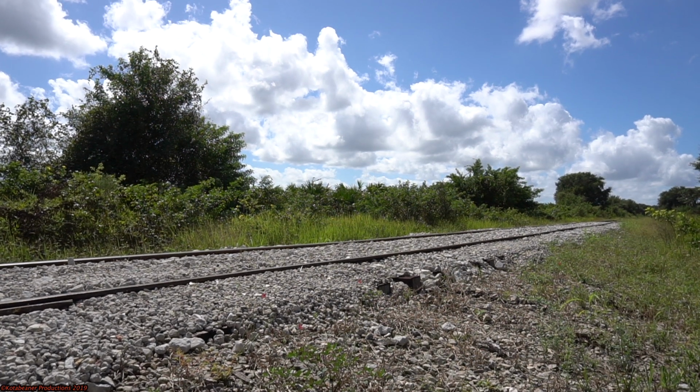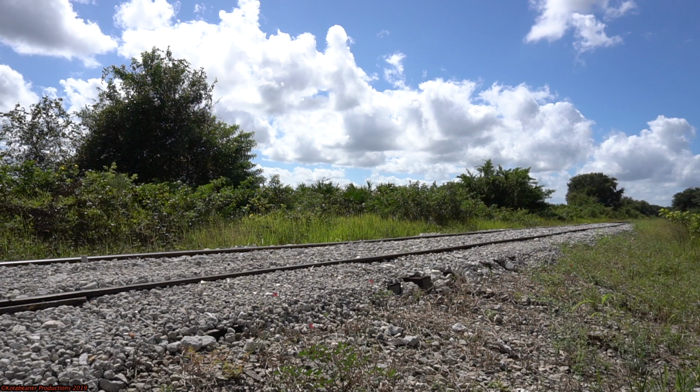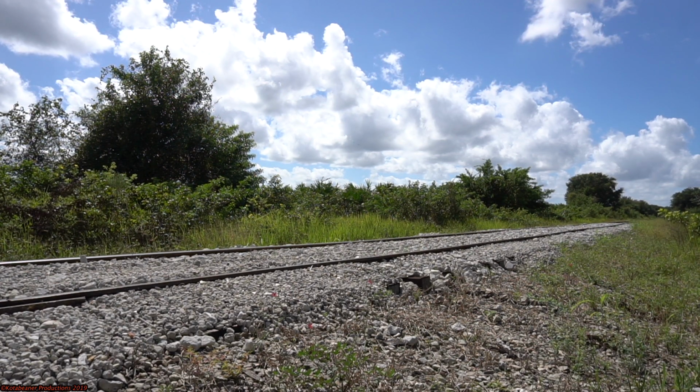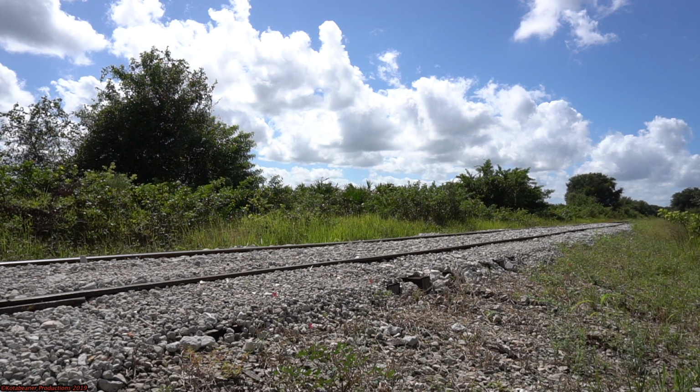Some of y'all may recognize this horn coming from the distance, the A200 on the 1835 GP7 at the Florida Railroad Museum. Welcome back to the Sunshine State Rails, and in this video, we will be documenting an event and more railroad progress at the Florida Railroad Museum. The A200 along with this horn